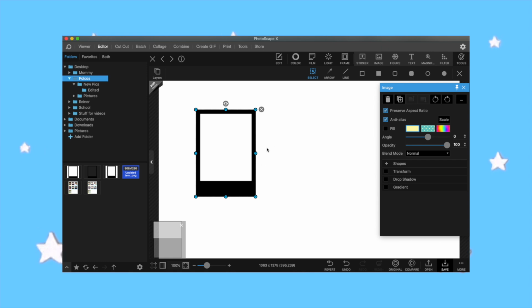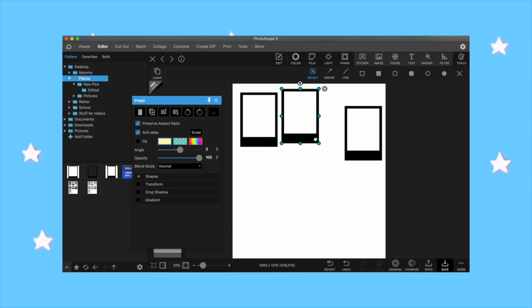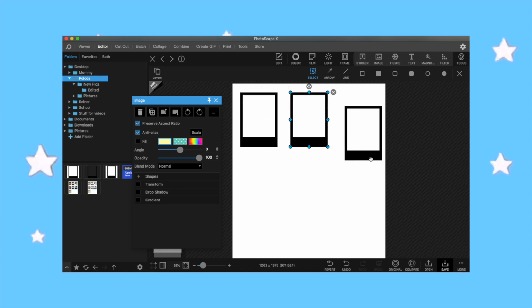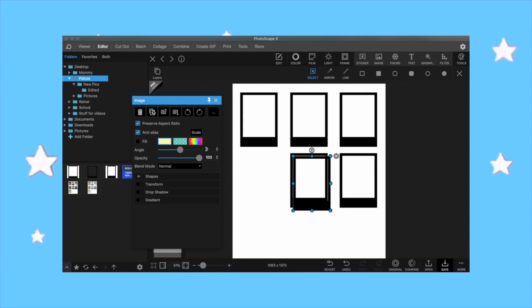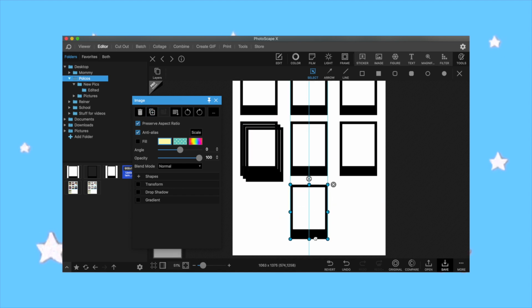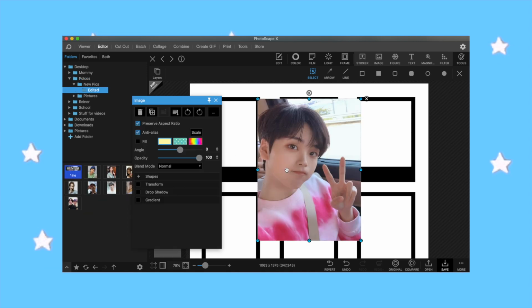But basically you're gonna duplicate this 3 times, as you can see, but I'm actually gonna make 9 of them, so I'm gonna make duplicates all over again, as you can see. But once that is done, you're gonna go ahead and take the images that you would like to use,